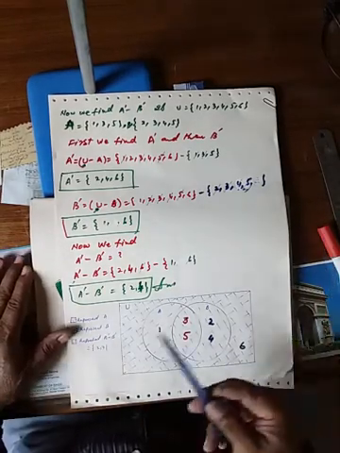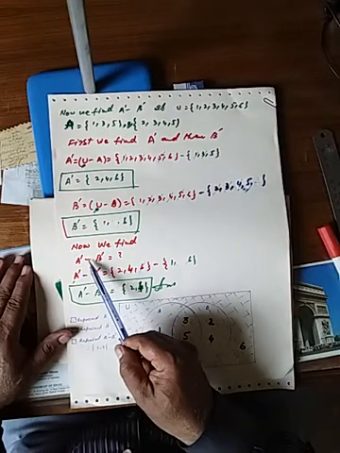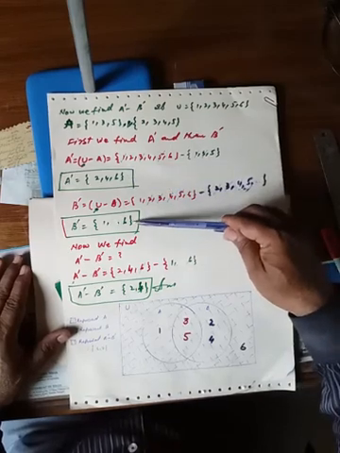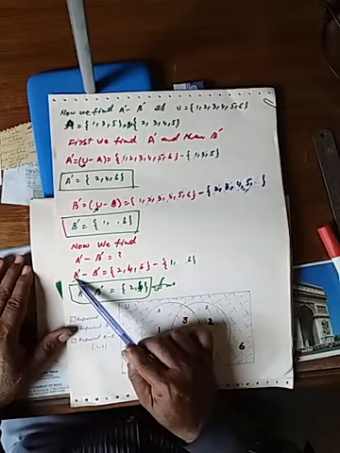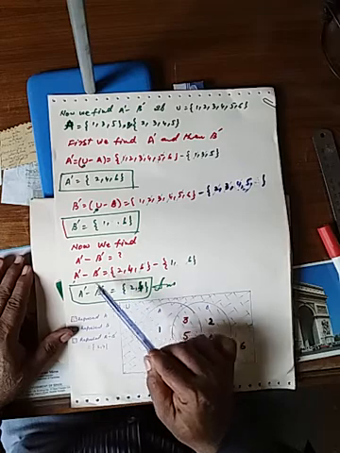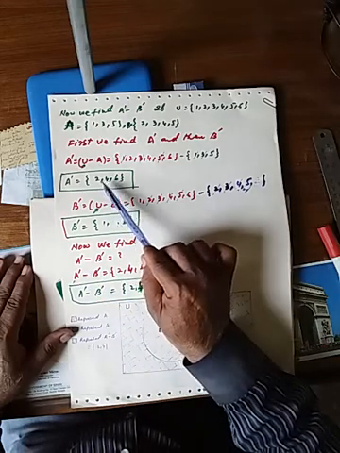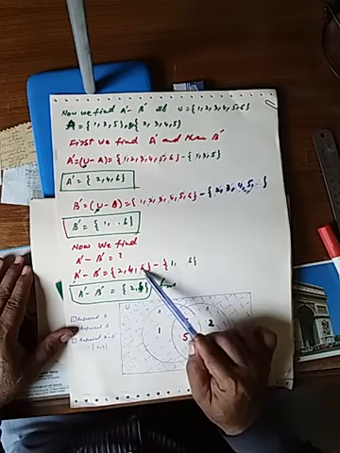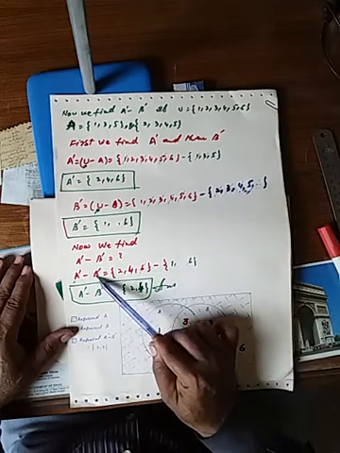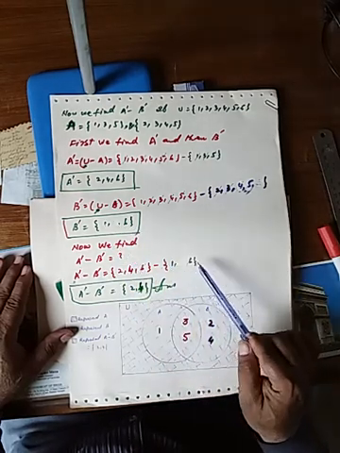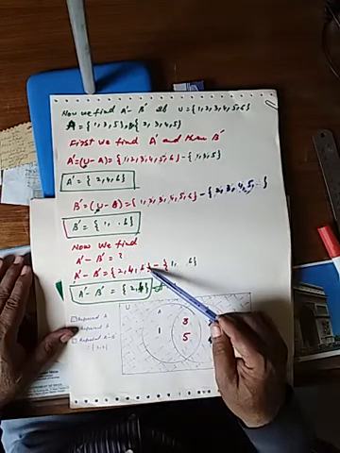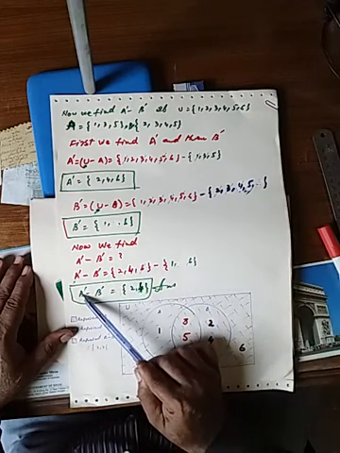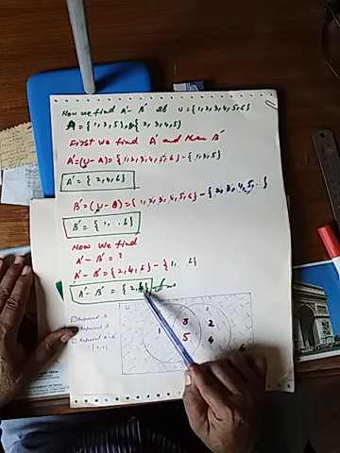Now students, we have to find A complement minus B complement. We can write here A complement minus B complement, which is equal to the elements of set A complement, 2, 4, 6. Write down here 2, 4, 6. Then the minus sign. Then the elements of set B complement, that is 1, 6. You can subtract 6 from A complement. Remaining in A complement are 2, 4. That is your A complement minus B complement: 2, 4.